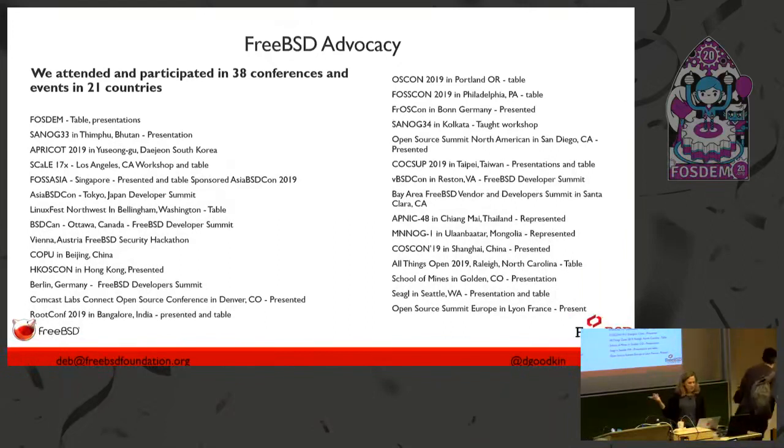But one thing I do want to point out here is that like Open Source Summit, we did give a FreeBSD talk at both of them, the North America and the European one. And if you don't know, Open Source Summit is a Linux Foundation conference. It used to be called LinuxCon. So it's really important that we include our voice in these open source conferences. And that's what we're doing.